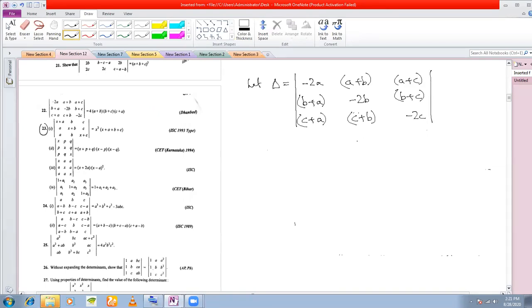Okay. Now see, here again you have to keep an eye on the right hand side. You have how many factors? 3 factors: a plus b, b plus c, c plus a. And you also have a 4. That means if you can take out 4 and an a plus b, at least 2 factors if you can take out, there are 4 factors, then your task becomes easy. That is what you have to remember. Okay. So how can I take out the a plus b factor from this? That is what you have to see.